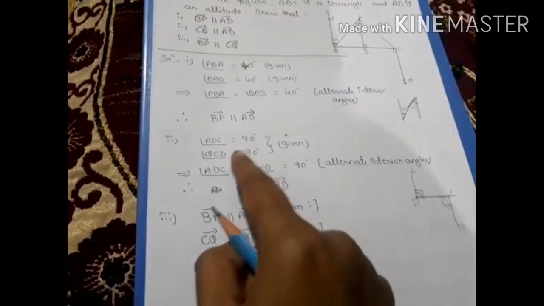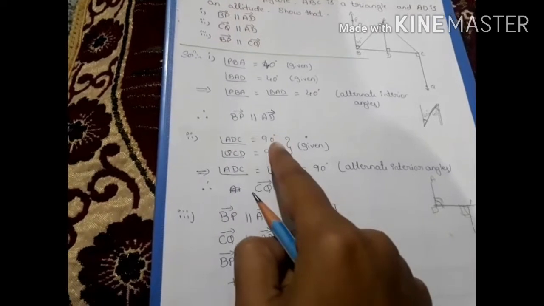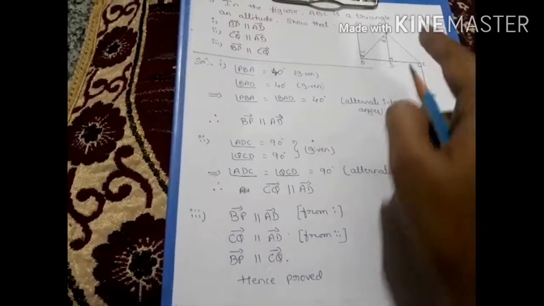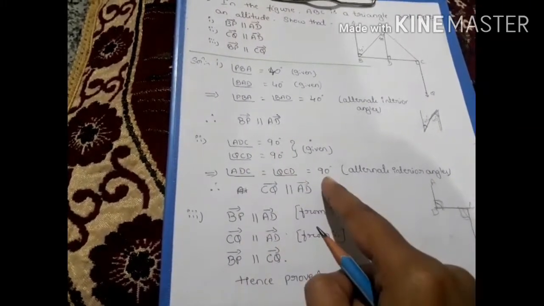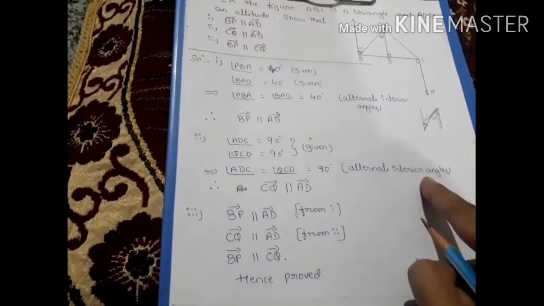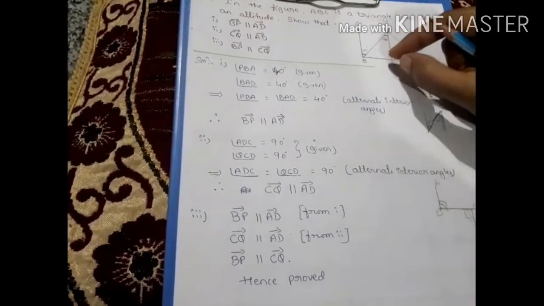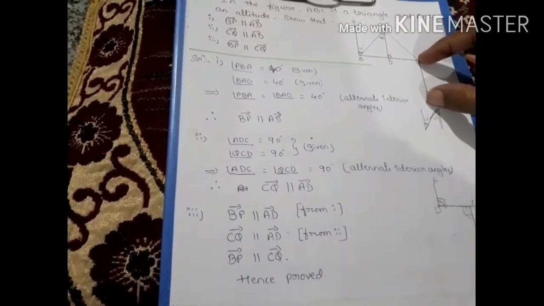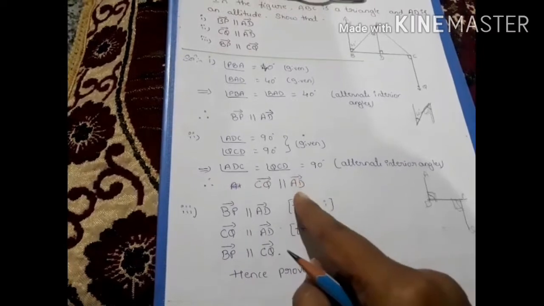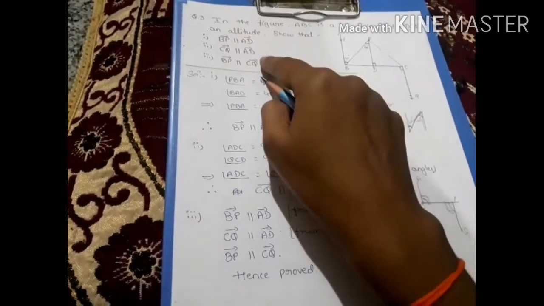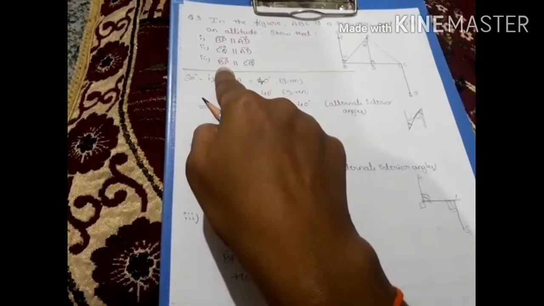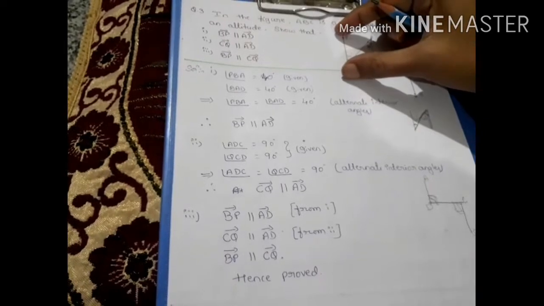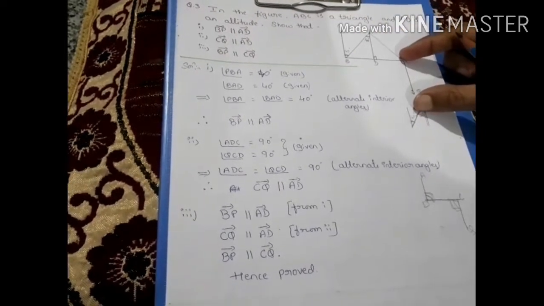So here you have to write angle ADC equals 90 degrees, angle QCD equals 90 degrees, both given in the figure. And also these two angles are equal because they are alternate interior angles. We can say that when the alternate interior angles are equal, the given two lines are parallel to each other. So therefore CQ is parallel to AD. We proved the second one. Last, we have to prove BP is parallel to CQ. This line BP is parallel to CQ, you have to show.